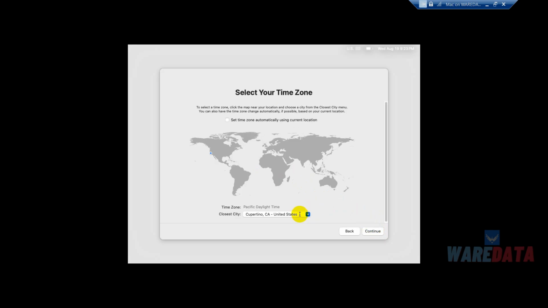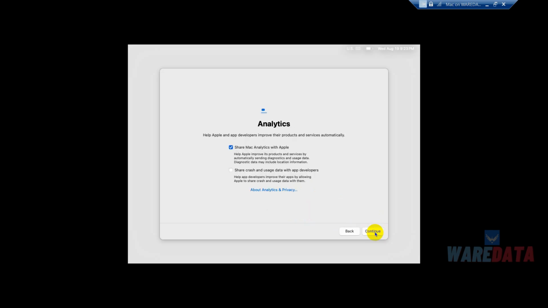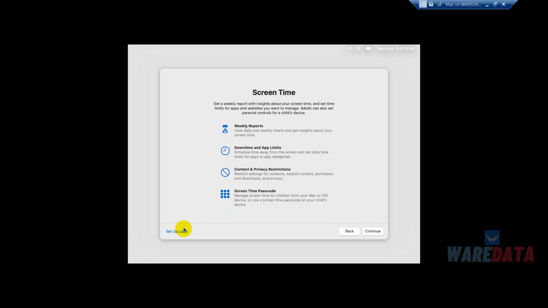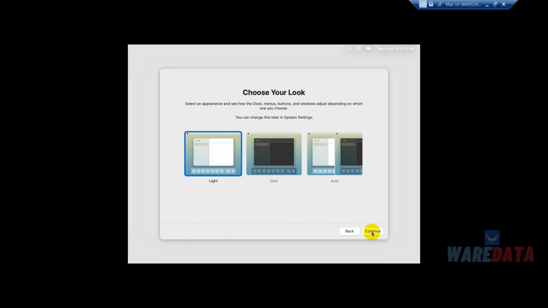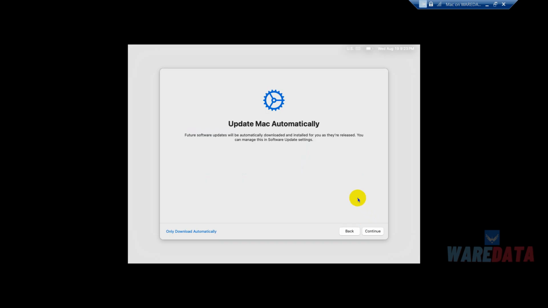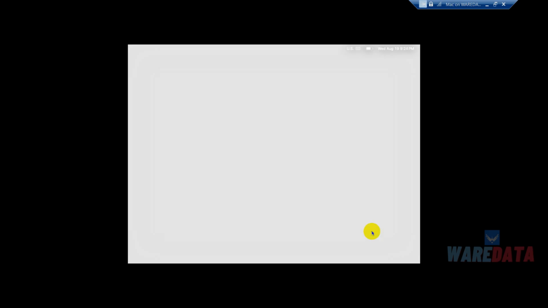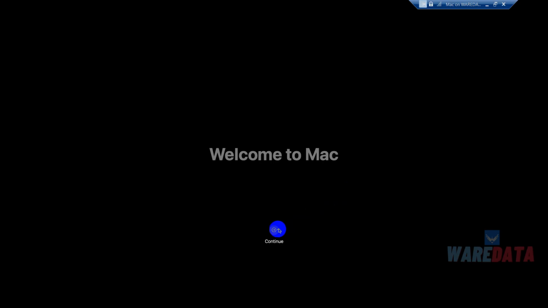You can select your city in here for the time zone. We don't need this, and click continue, and just set up later. Okay, and we can click continue. This is for fast. Just click continue here, click continue,